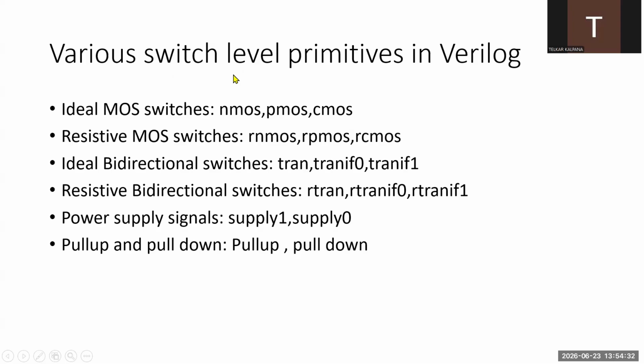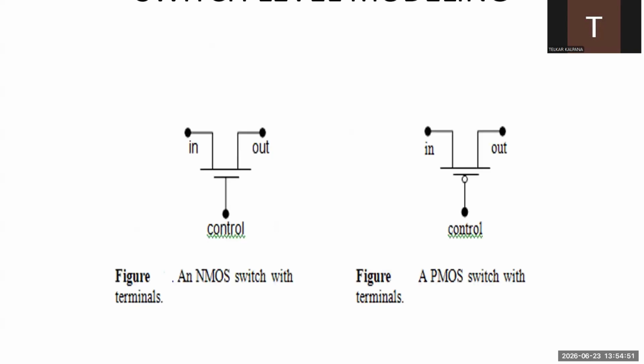In Verilog, switch level modeling is one of the styles of writing the program where the logic is first of all converted or represented with the help of transistors. So, for example,